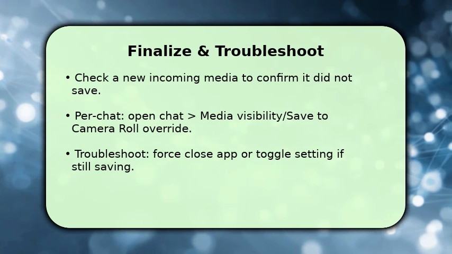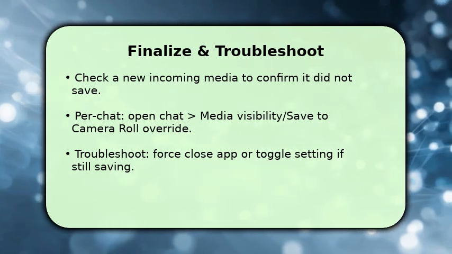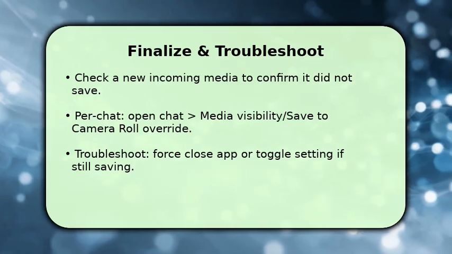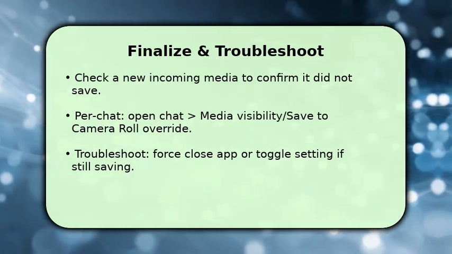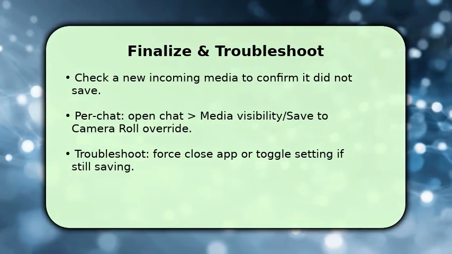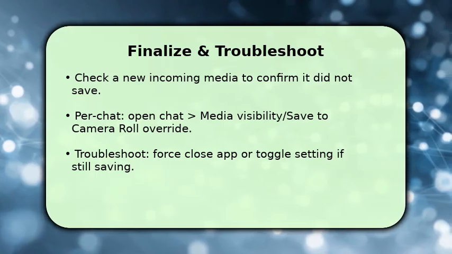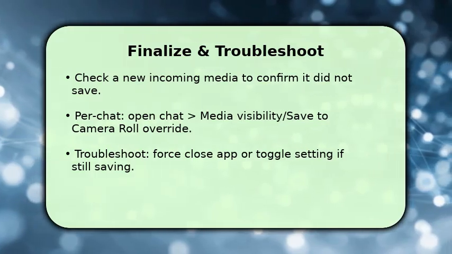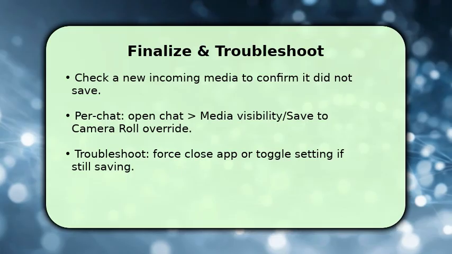Finish by testing. Have someone send a photo and verify it did not appear in your gallery. If an individual chat still saves, open that chat's info and disable the per chat save to camera roll or media visibility override. If media still appears after changing both global and per chat settings, force close WhatsApp and restart